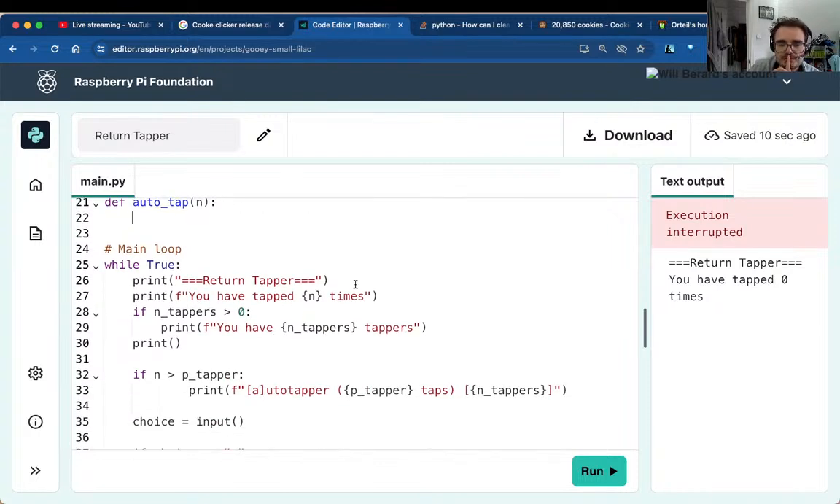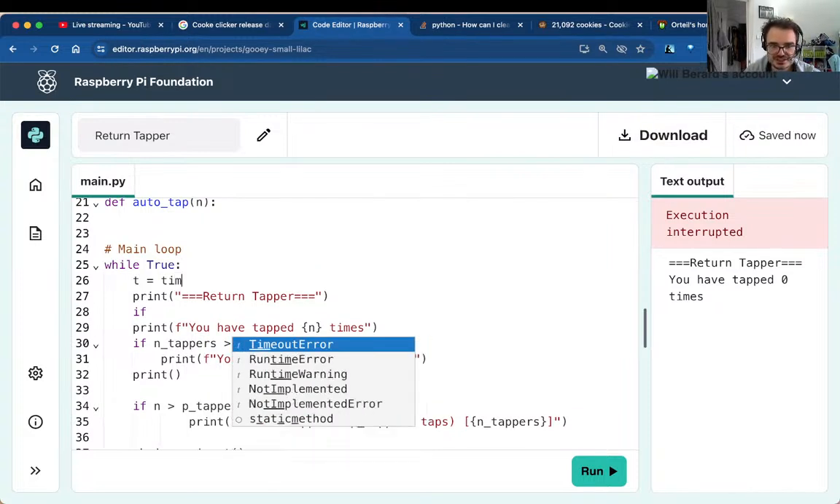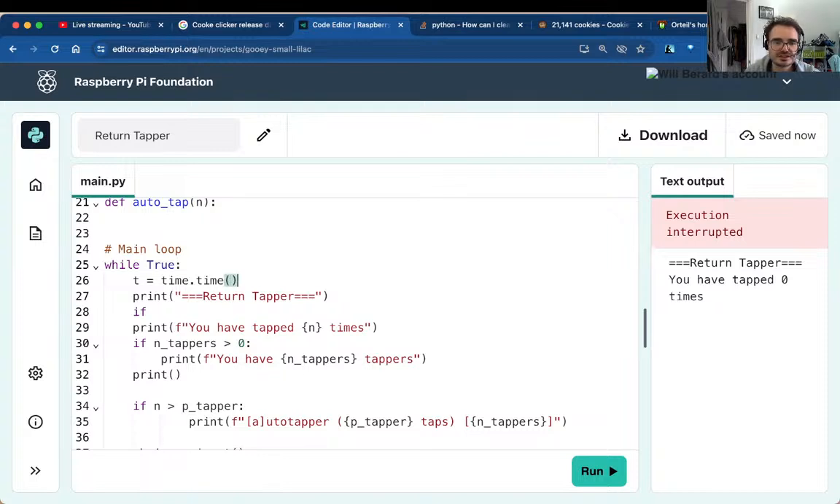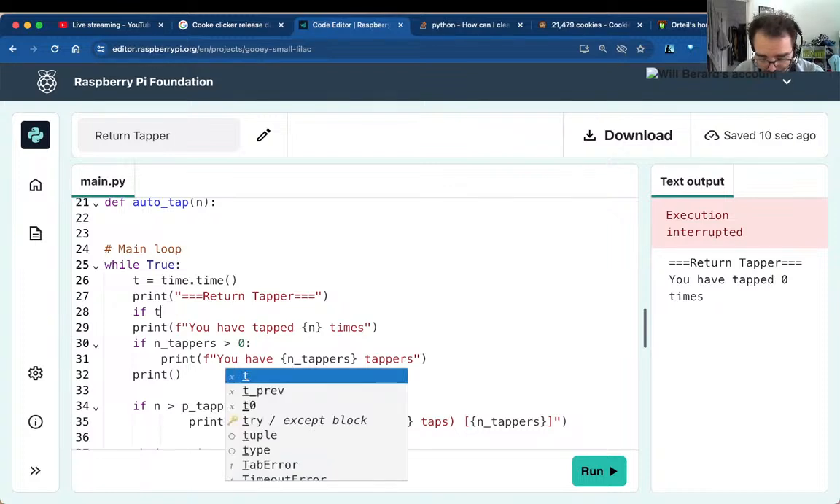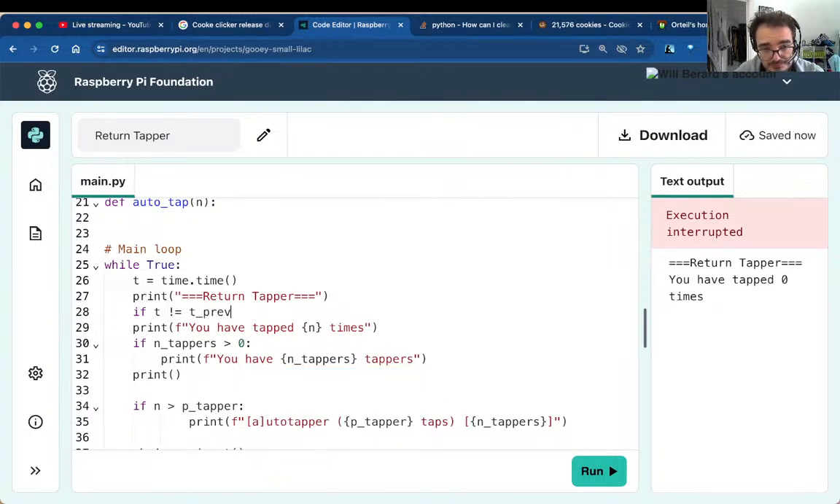Let's actually do something like this. Okay, t is the current time, so that's time.time. This will return something in seconds since the 1st of January 1970. I don't have time to explain why that's the case. With a decimal, so that's actually milliseconds, or probably even thinner than that, maybe. And so if t is different from tprev,